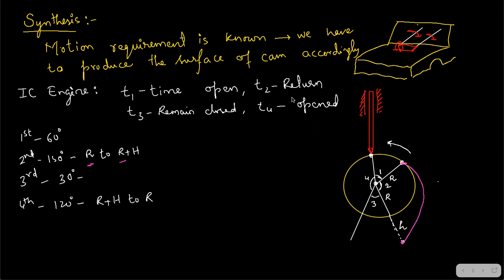Usually in our academics, what we are taught is you hold the cam and rotate the follower. It will give the same relative motion. Now just imagine the follower is coming from this position to this position. What will happen with respect to the center? Here it will be R, and here it will be R plus H. Now what did I say for the third part? The third part also remains the same.